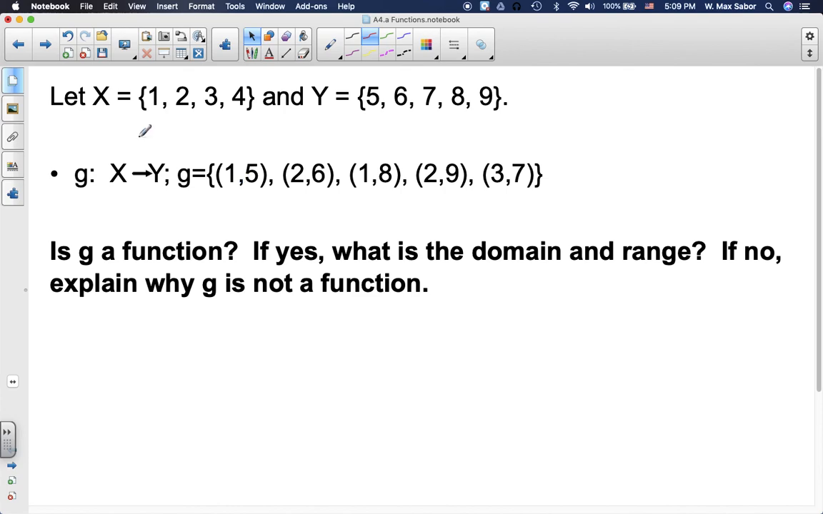If we do this, well, we look at the inputs. Okay, 1, 1, ooh. So this is not a function because g of 1 is 5 and g of 1 is 8. So no,